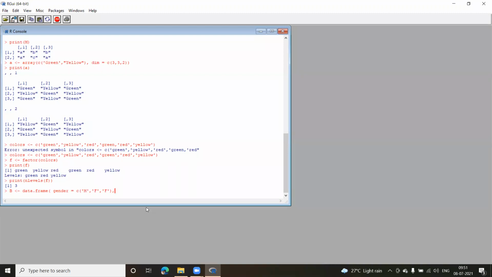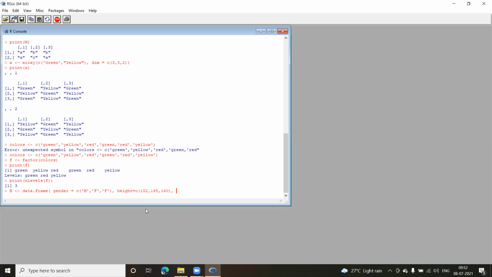Again put a comma. I can pass the next values. So the next column, let us say, is height. So I give HEIGHT, height. Now in this case also I have to make use of the vector, so I'll give equal to c, bracket. Now let us randomly give some numbers. I have given some numbers here, and these are random numbers. There's nothing to do with the gender here. I'm just showing you an example.